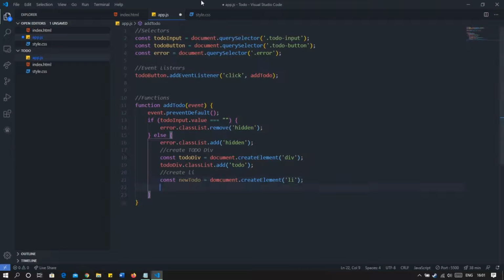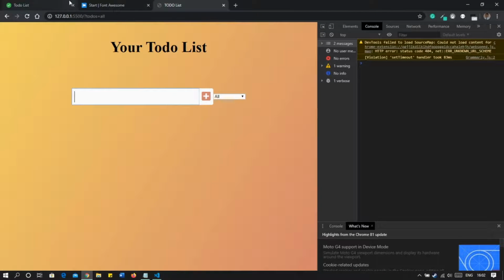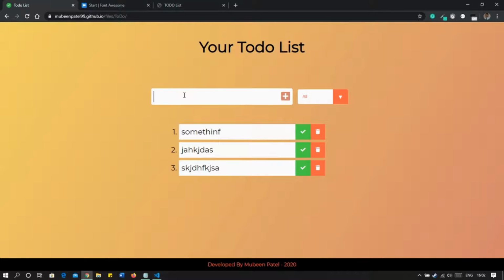Now the value I entered here is to be shown here. And what is this? We have to manipulate the content, the inner HTML part, the inner text part of this element.